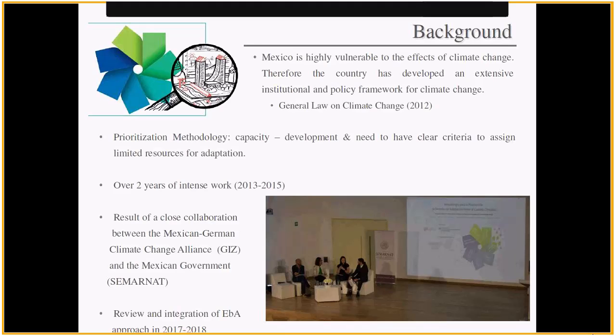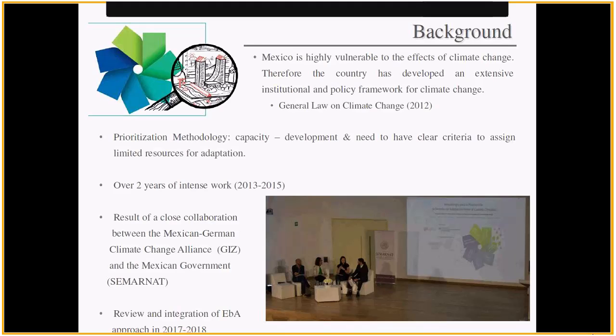The country has developed an extensive institutional policy framework. It has had a general law on climate change since 2012, and it was recently updated. So, hand in hand with our partners in Mexico, we created a methodology to prioritize.